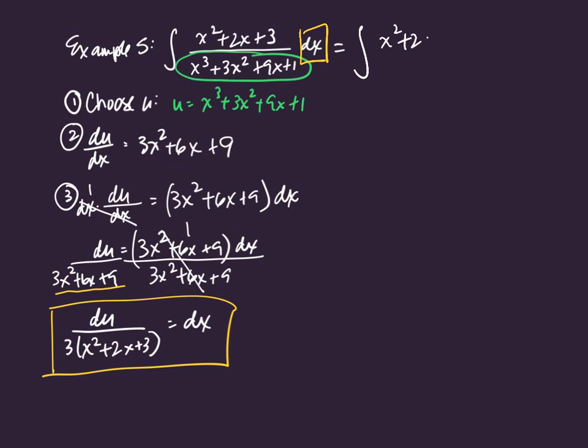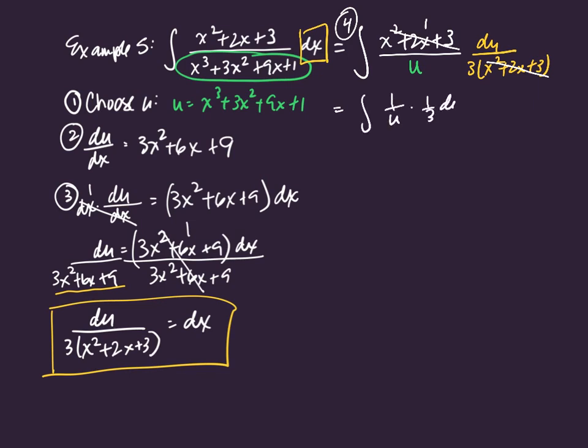Okay, so what am I going to replace here? x squared plus 2x plus 3 does not get replaced because it doesn't have a circle or square around it. And then I'm going to replace my u, and then replace my dx with du over 3 times x squared plus 2x plus 3. So that was step 4, and I'm not quite finished because I have to simplify. So that over that is equivalent to 1. So this is 1 over u, 1/3 du, right? So du over 3 is the same as 1/3. So this is 1/3 of 1 over u du, the integral of.